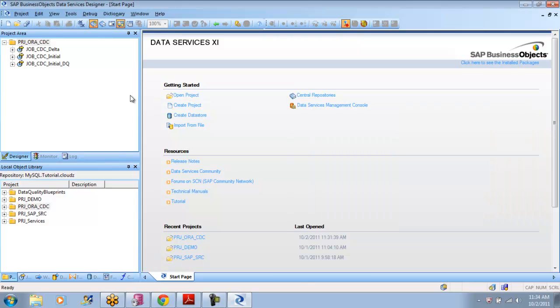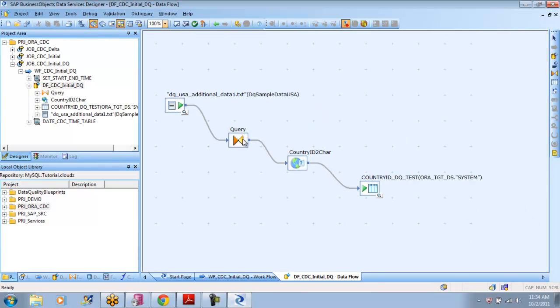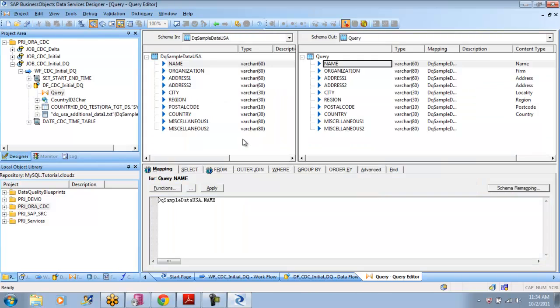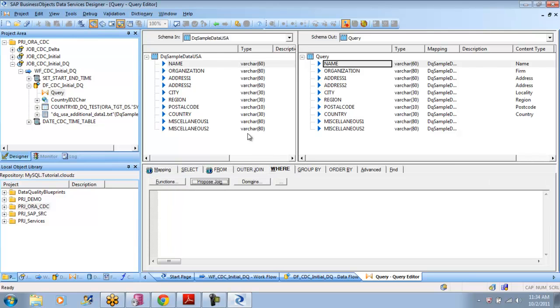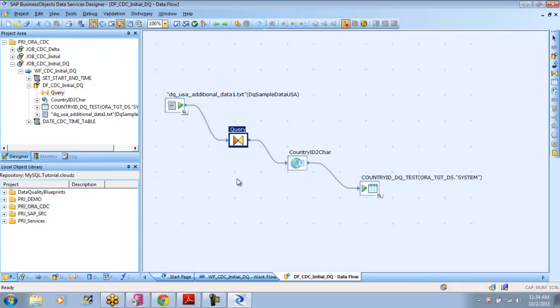Now I wanted to work on a particular data flow because on some day I got a new requirement. I wanted to change something in a data flow. I'm going to go into data flow, and in the query I'm going to make a very simple where clause just for our understanding. Here I wanted to put the region is equal to 1. I don't know if there exists a region 1 or not. That is not the matter. I just wanted to say if I wanted to do this kind of a change, I can certainly do it